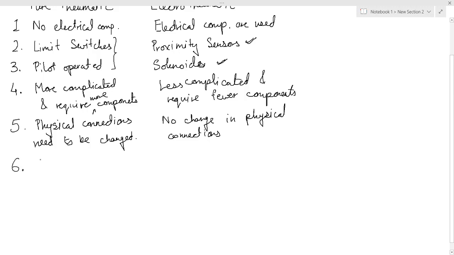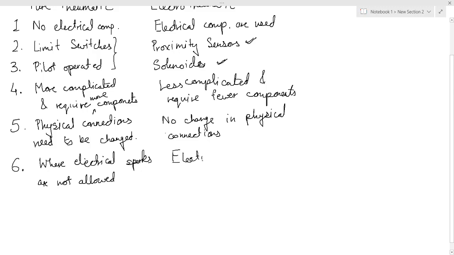But where are pure pneumatic circuits used? Pure pneumatic circuits are used in applications where there are chances of explosion, where even a small spark is not allowed, right? So where electrical sparks are not allowed. What can be an example of this? The example can be places where compressed gas is filled into LPG cylinders. Over there we use pure pneumatic circuits. But in most other applications where there is no worry about such problems, we use electro-pneumatic circuits, right?